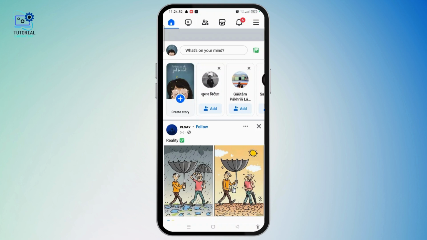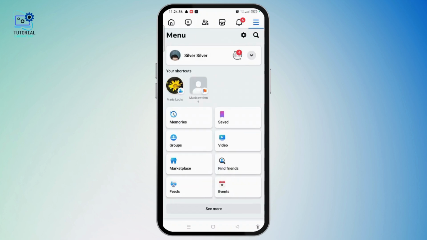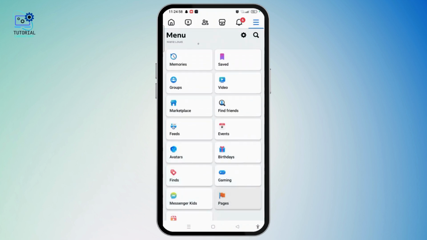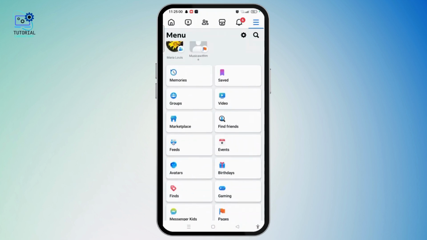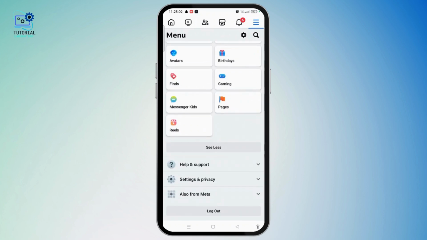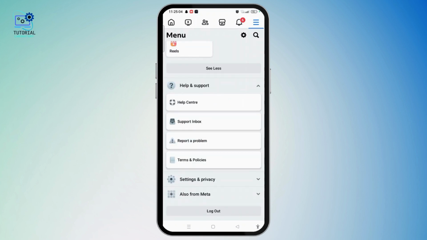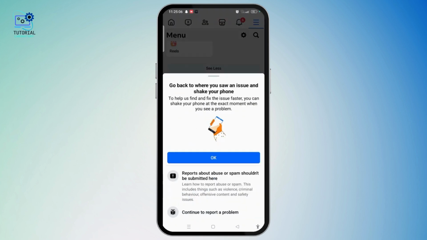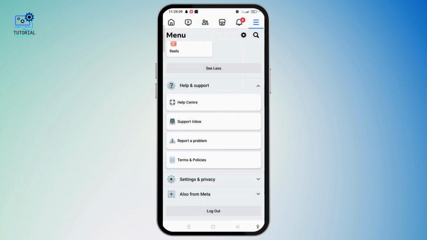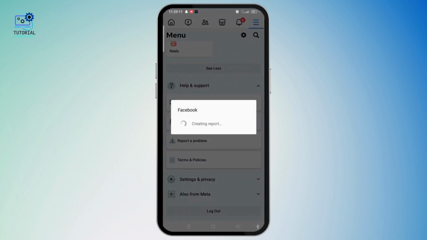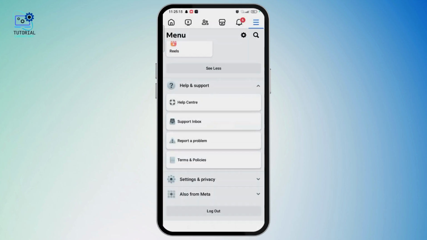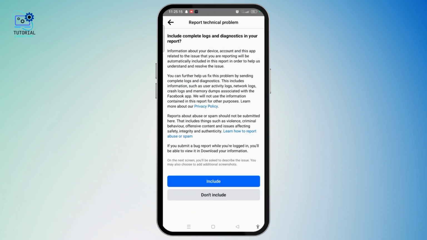Or else you can also select the three-line menu icon at the top right corner of the screen, and if it is not available in this menu section also, you can simply go to help and support and report a problem to the Facebook team. Just select continue to report a problem, and once Facebook is creating the report, you have to tap on don't include if you don't want to include the complete logs and diagnostics in your report, or else